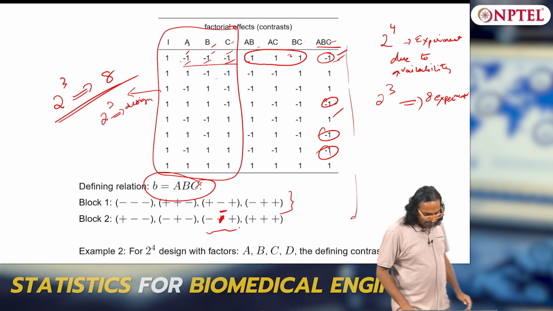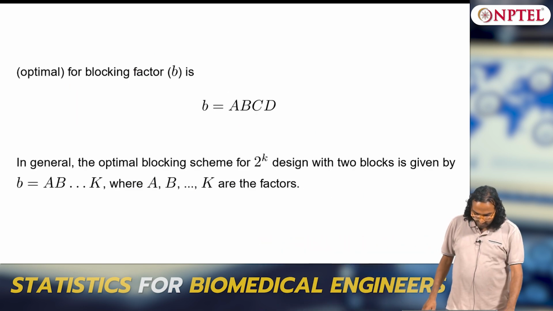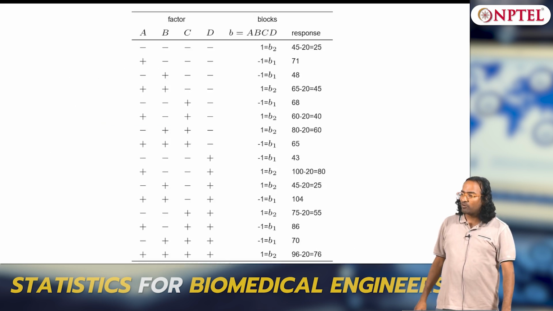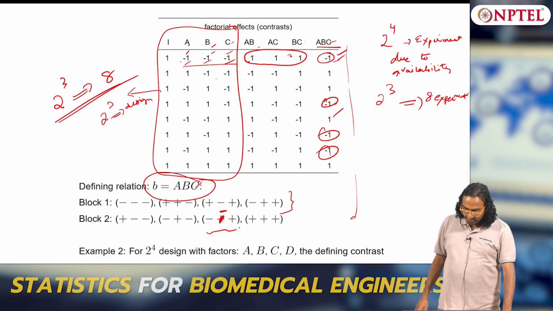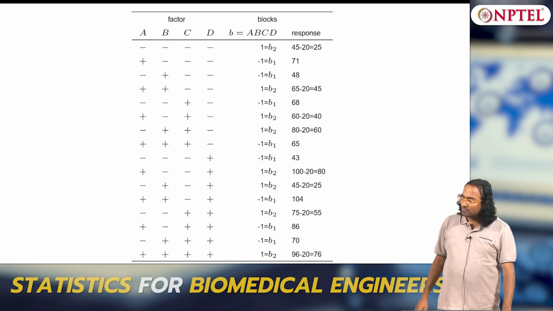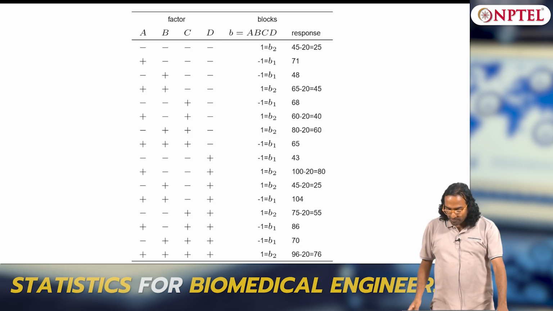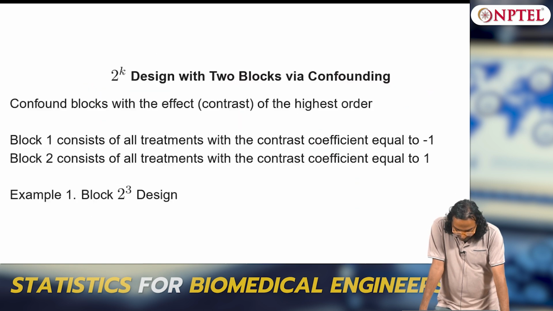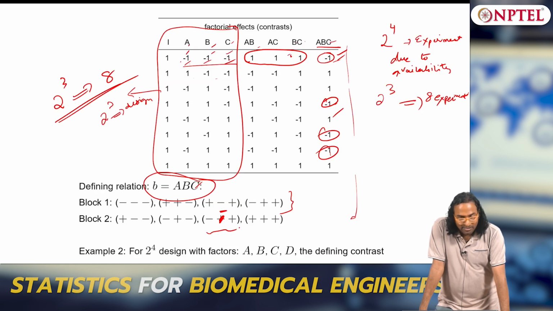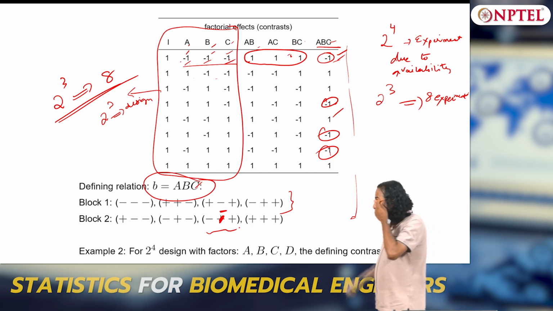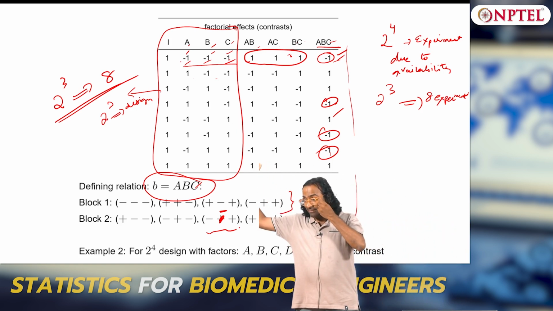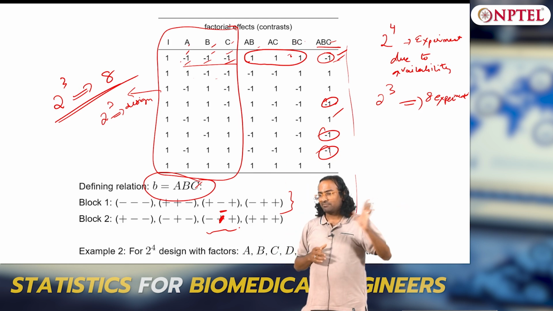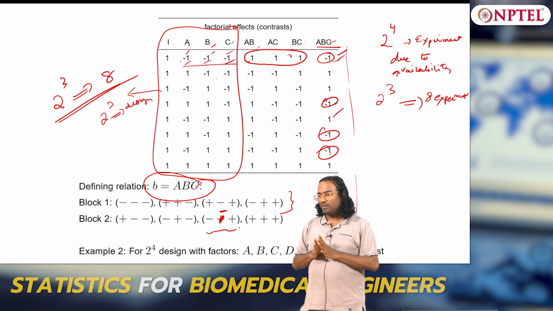Okay. Now, so what will happen to D? Any idea? What will happen to D? This is one scheme. You want to do, I cannot do experiments, that is the whole idea. I cannot do experiments, so what will happen? You cannot estimate the main effect of D. In this case, you cannot estimate the main effect of D. The D effect will be confounded with what? ABC basically, okay, interactions will confound.